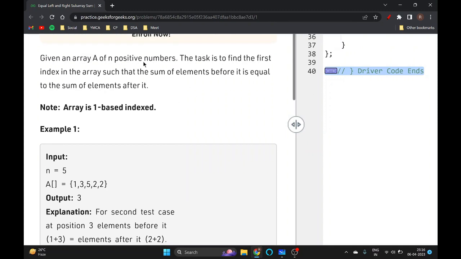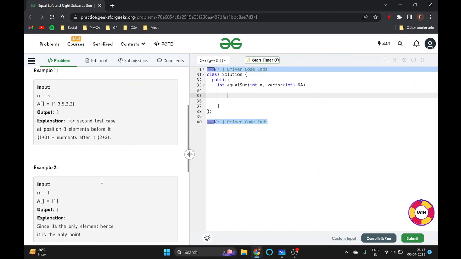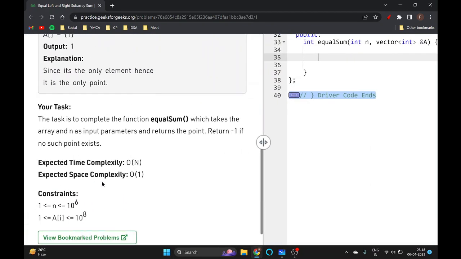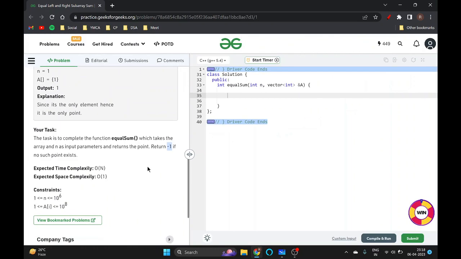Here it is given that we have to find the first index in the array such that the sum of the elements before it is equal to the sum of the elements after it. And if there is no such element in the given array, we have to return -1. Okay,